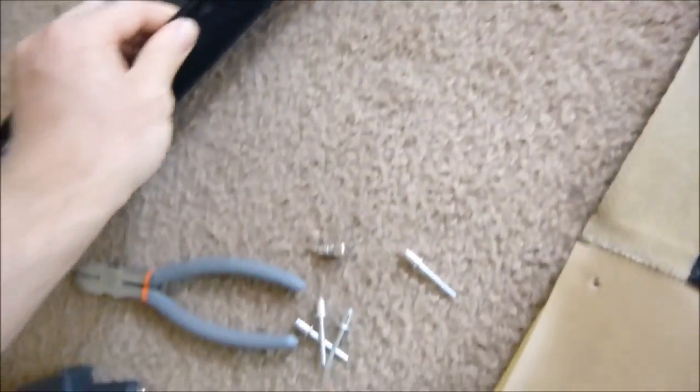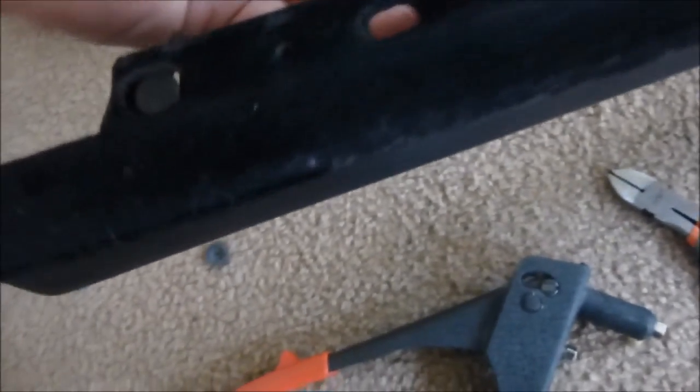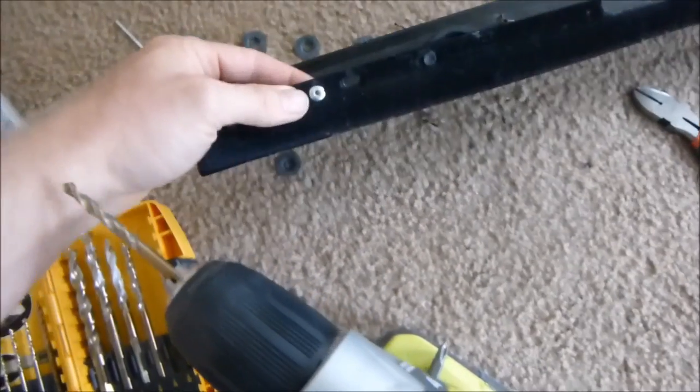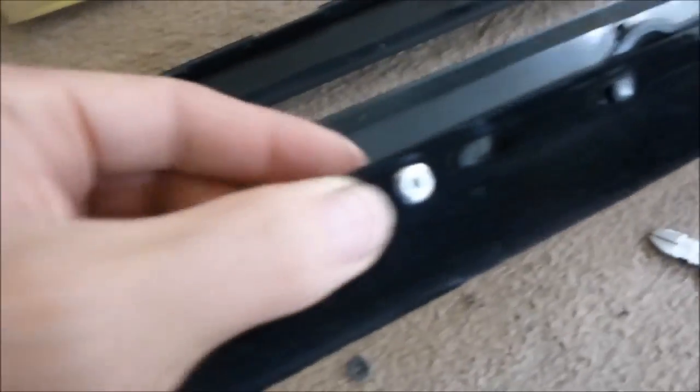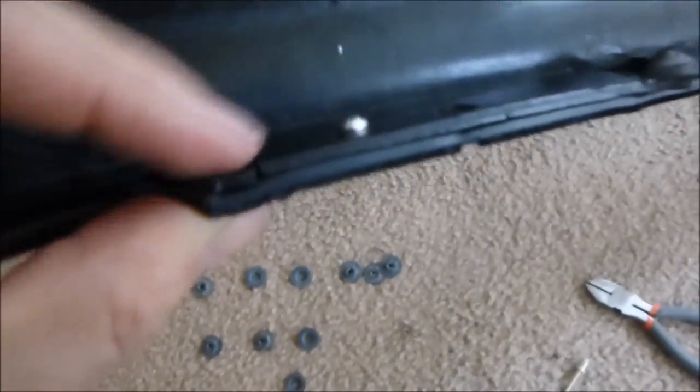Alright, so I had a few broken little tabs here. So they were zip tied. That'll work, zip ties. But I'm going to use this rivet set, and I'm going to drill a hole and install these in to keep these in place. So drill the hole, 3/16 drill bit, and then you insert your rivet,